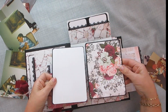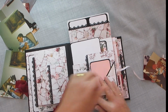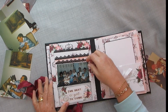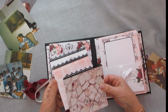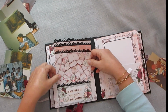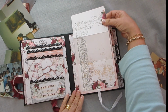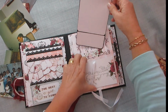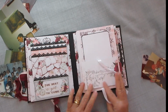And then we have, I made the extra mat to go in here. This one I didn't cover because the photograph is going to go there. In fact, photographs obviously can go on both sides. And I just added this from the collection. Thought writing, journaling could go on there. I stuck that down. And of course,